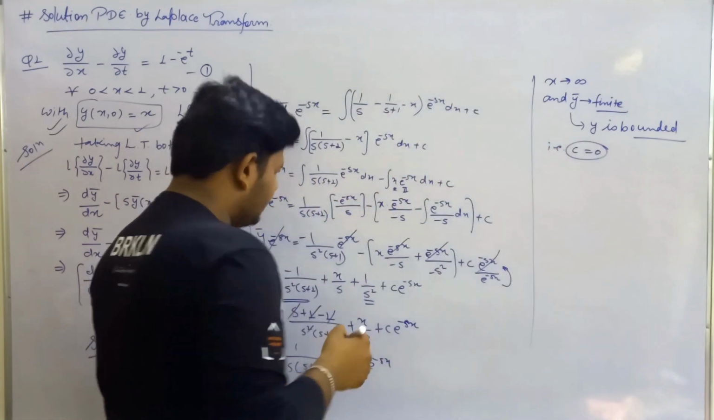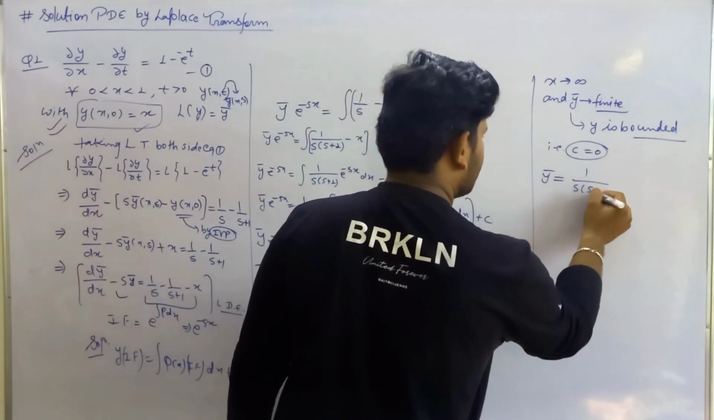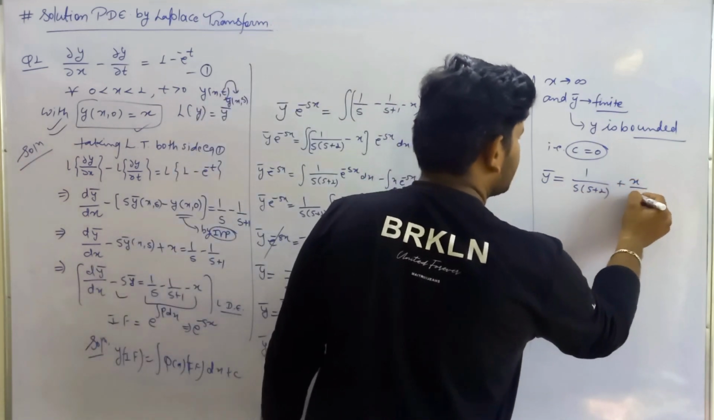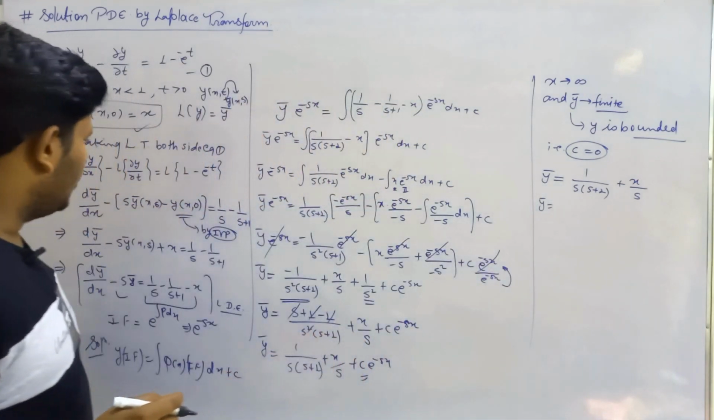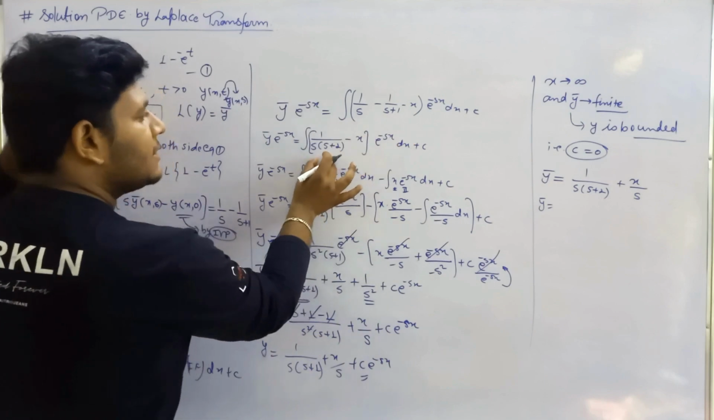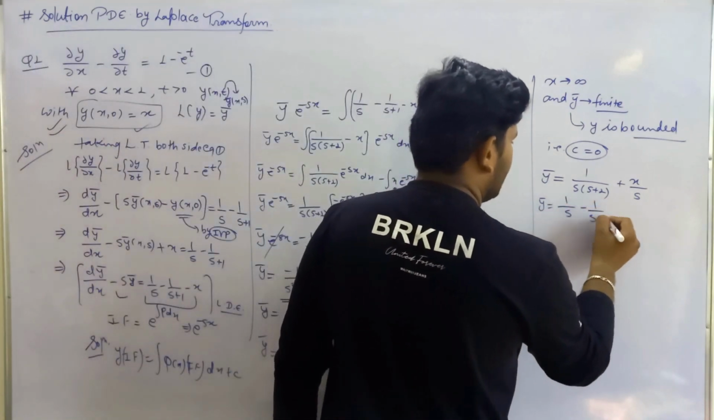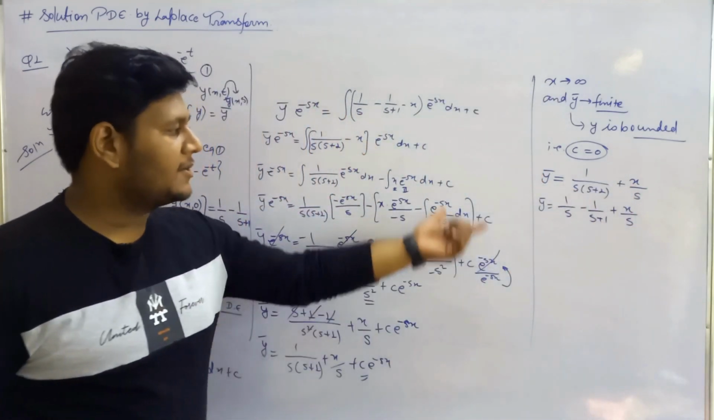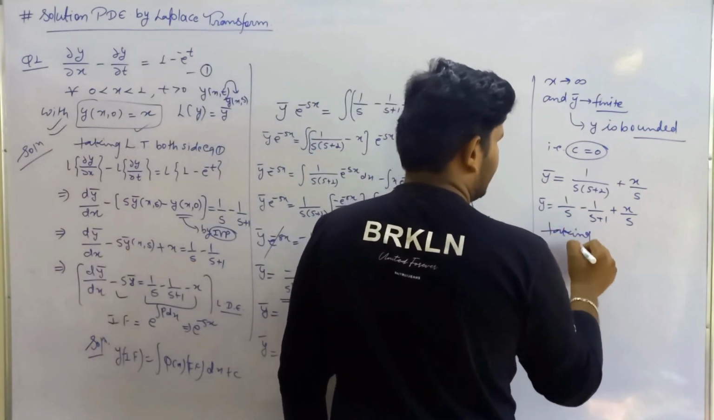It means y bar is nothing but 1 upon s into s plus 1 plus x upon s, and I can write, on partial fractions of this term, we can write this term as 1 upon s minus 1 upon s plus 1 plus x upon s, or you can take a partial fraction of this term, you will get this. Now on taking Laplace